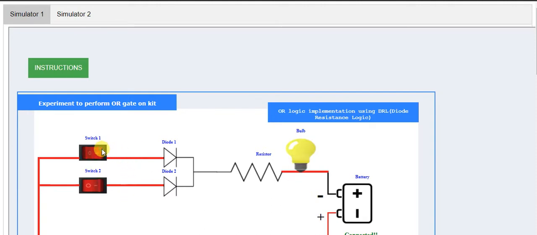If any one is high, the output will be high. 0 0 condition it is 0, 0 1 high, 1 0 high, 1 1 also it will be high. It's a parallel logic.